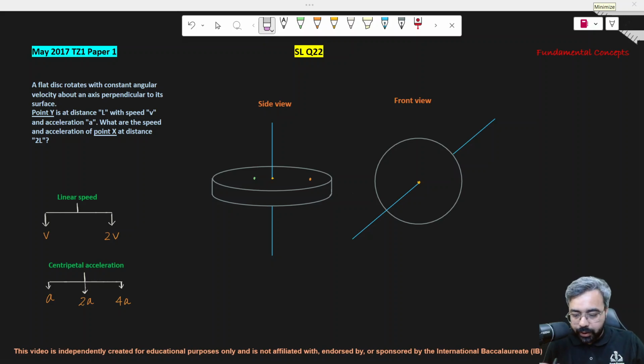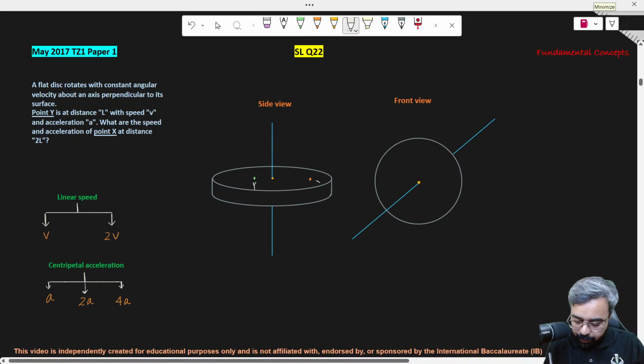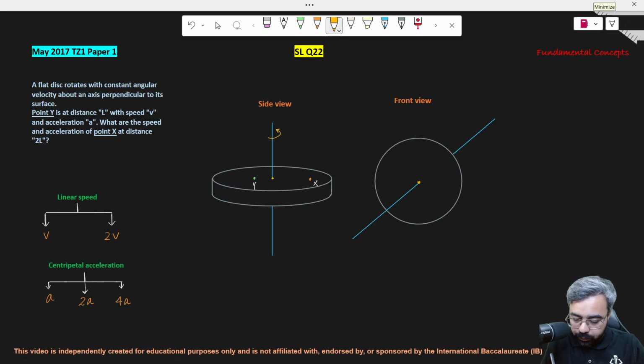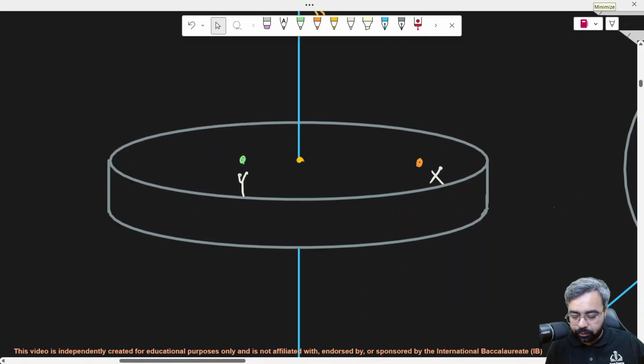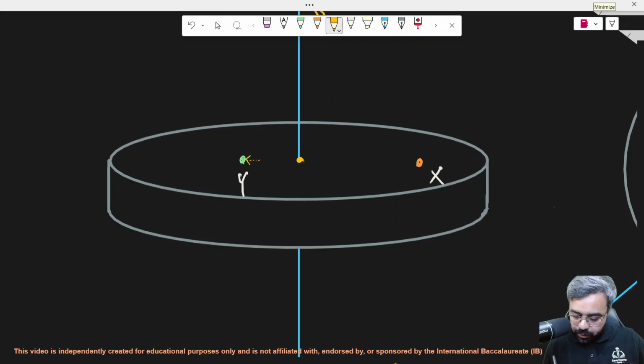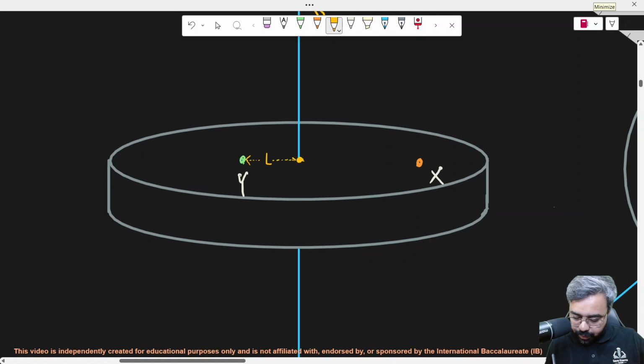So what we are looking at in this question are two points, the point y and the point x, taken on that horizontal disk, which is moving with a constant angular velocity. It is not changing. It is covering the same number of rotations in every unit time, in every 1 second. The point y is at a distance L from the central axis, whereas the point x is at a distance 2L from